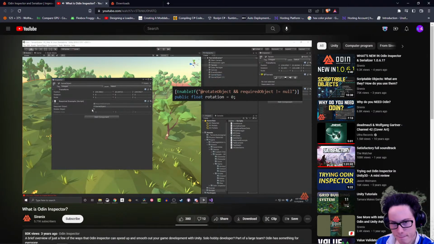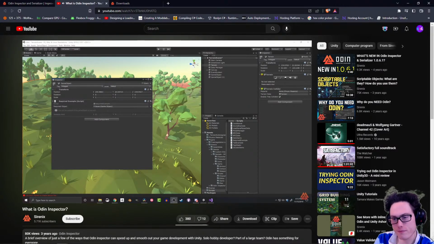For example, in the case shown, the code is checking the state of the Boolean as well as whether the GameObject field is null. If the condition is not met, the field will be disabled. If you want or need to leave a note for your future self or your team's level designer, you can do just that with the InfoBox attribute,